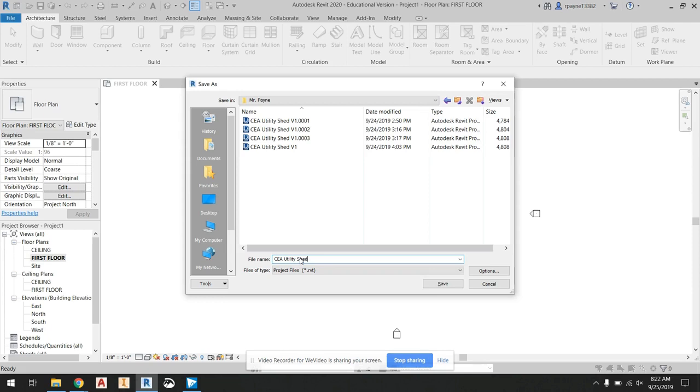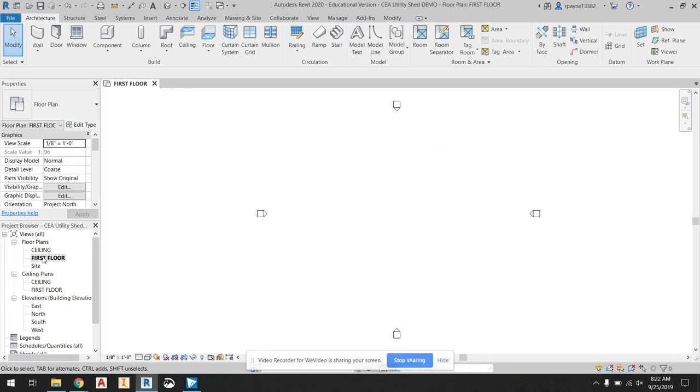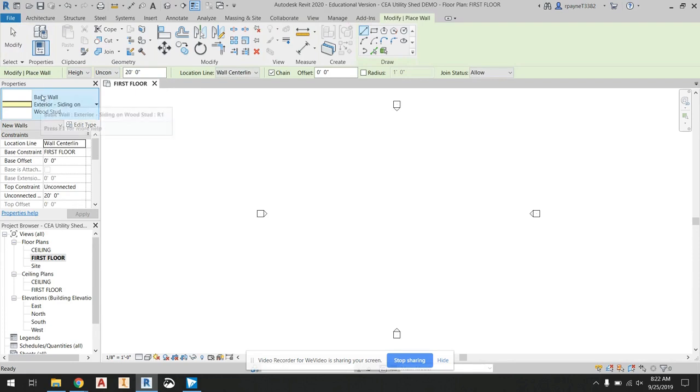Utility Shed. You see I've already started one, V1, and then this is just a demo for the video. All right. And once that saves, make sure you're on the first floor plan. And wall, so basic wall exterior siding on wood stud. Height means that it's going from the bottom up. The other option is depth, meaning from the top down. We will do that with a foundation wall, but normally we'll go from the bottom up, from the floor up